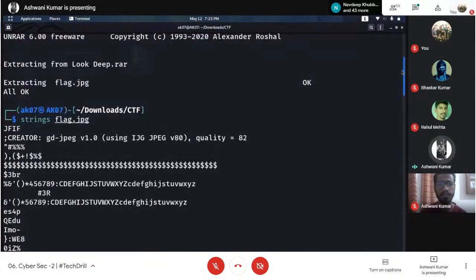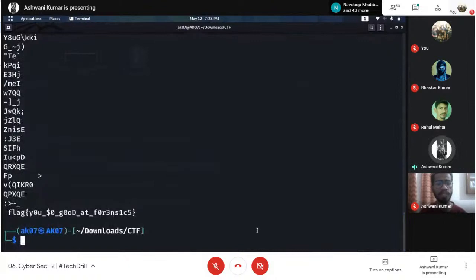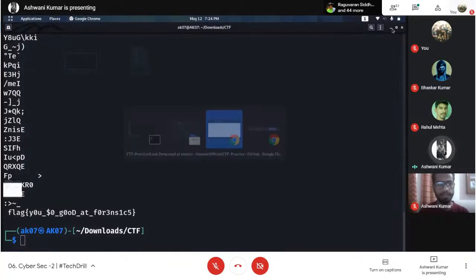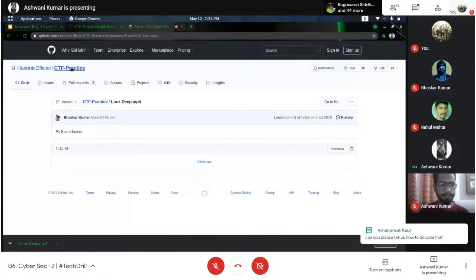It's easy in Windows too. Just by renaming, changing the extension of the file, you get the file. And of course in the terminal, you are just using mv, and you are getting the data, the hidden flag, inside the file. Fine. So this is just a basic thing. That's all.